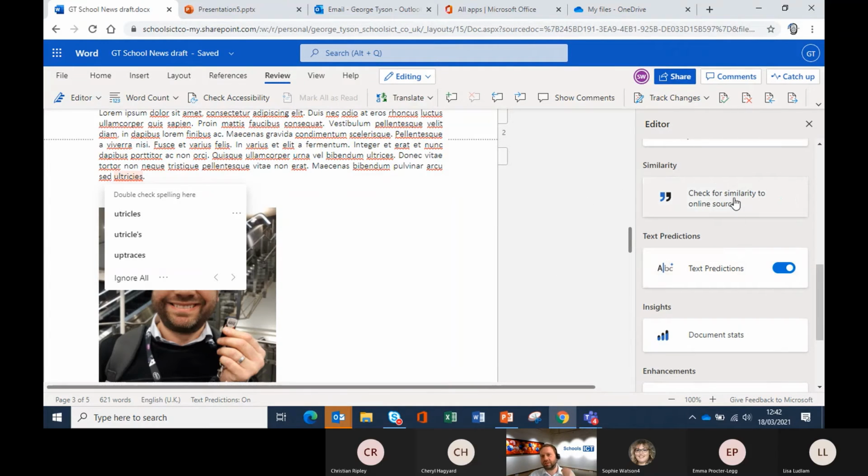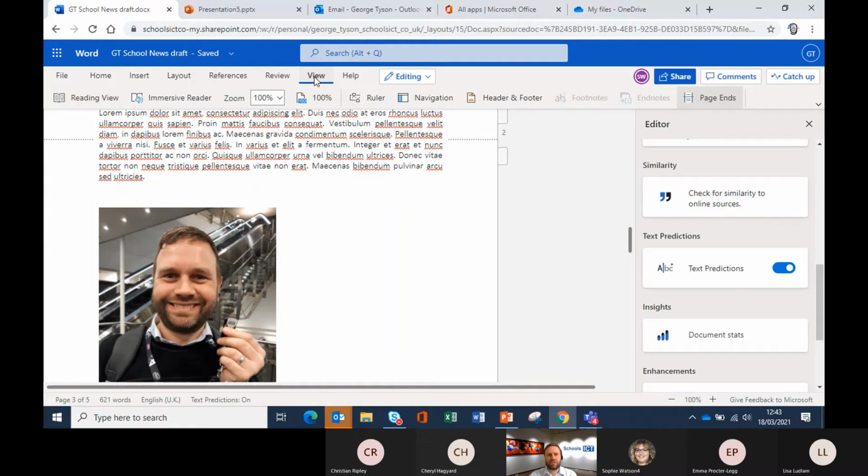Okay, I can also check for similarity to online sources. So if it sounds familiar, I can check there for if it's been copied and pasted from Wikipedia. Sometimes you need to pay extra for that, but it is in Word online, which you can do quite easily. The other one you can do is if I move across to View, I've mentioned Immersive Reader before, but